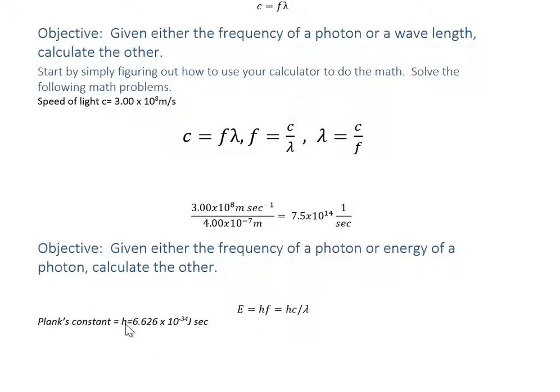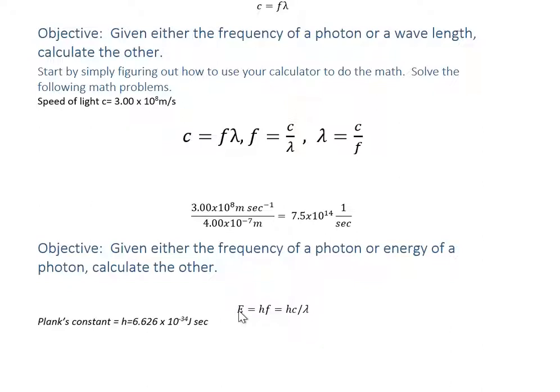And that is often abbreviated lowercase h. And that number is 6.626 × 10⁻³⁴ joules per second. Crazy number, but that's not a number you have to memorize. Wiley will give it to you, but you have to know how to work it. So if you know what the frequency of a photon is, so let's say that your frequency is this, 7.5 × 10¹⁴ 1 per second. You can take that frequency, multiply that by Planck's constant, that's h, and that will give you the energy